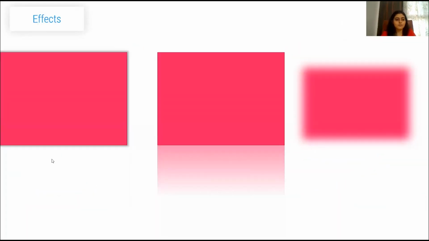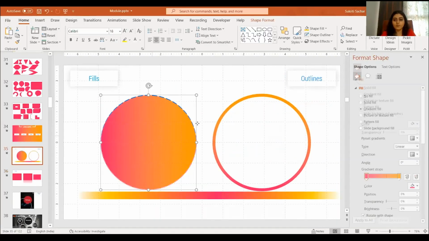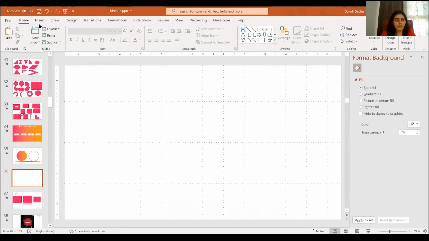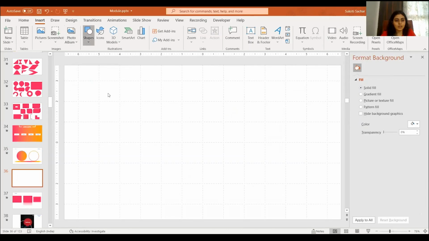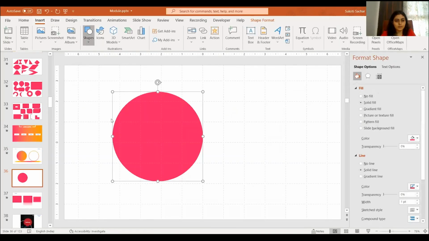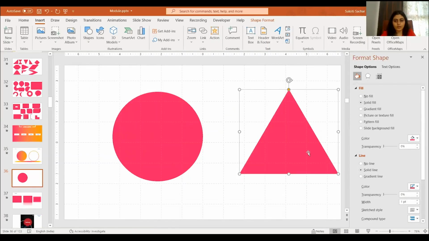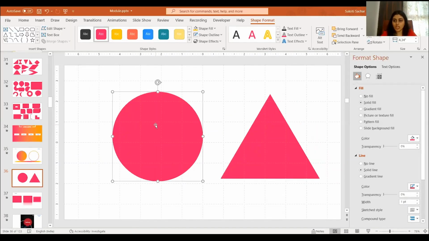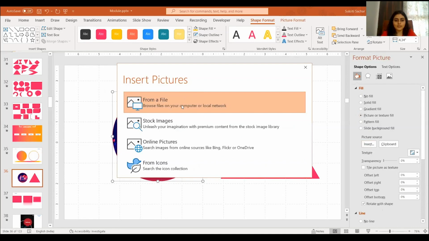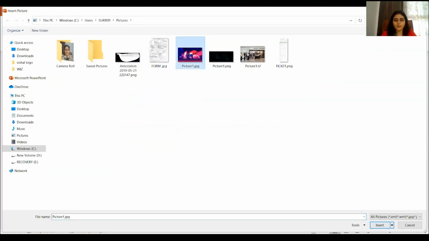and images. Like with fills, in terms of images, I'm going to make a shape and show you exactly what I mean. I'm going to fill this shape with a picture. So I just have to go to fill and it says picture here. And because it already had, I just need to go into insert from file, pick up the picture and put